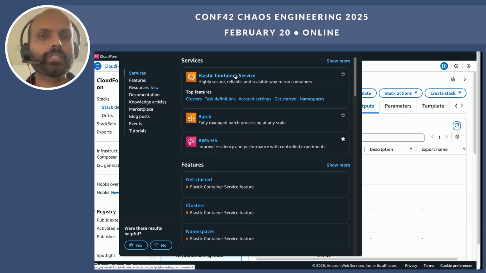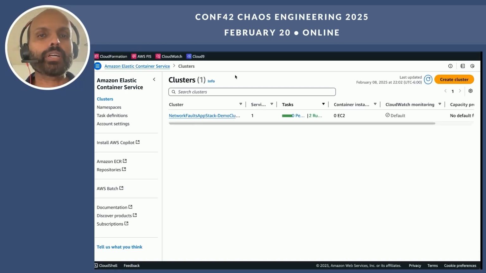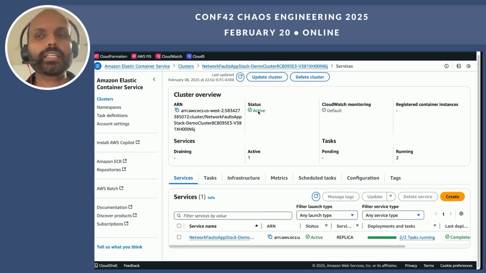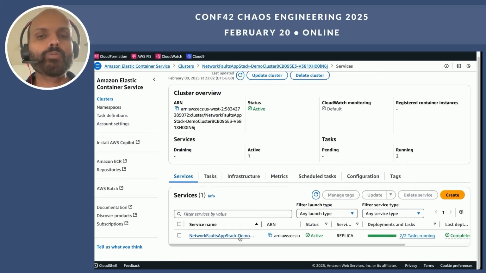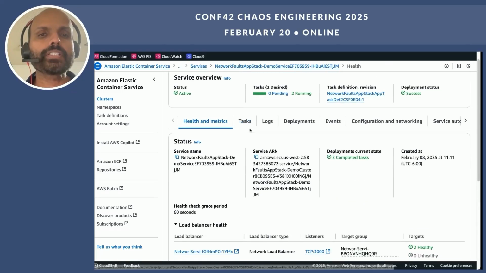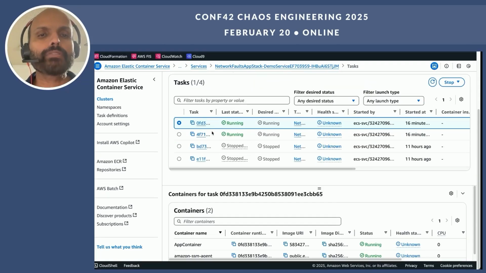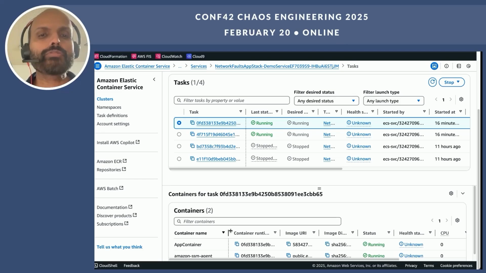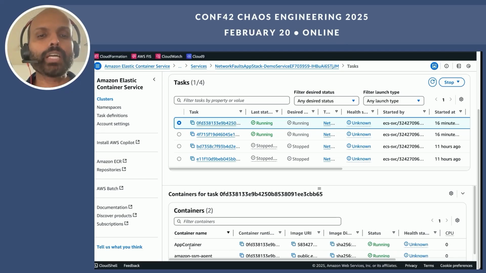So our compute layer for the API is ECS. As I mentioned in the slides, there are a few constructs with ECS. One of them is a cluster. We have one cluster running in this account with one service. And this service has a couple of tasks in the running state that are supporting our application workload. Each of these tasks has two containers.